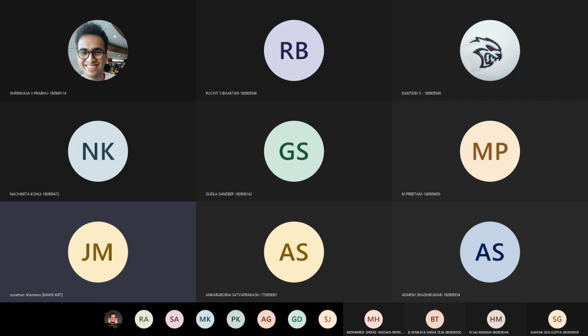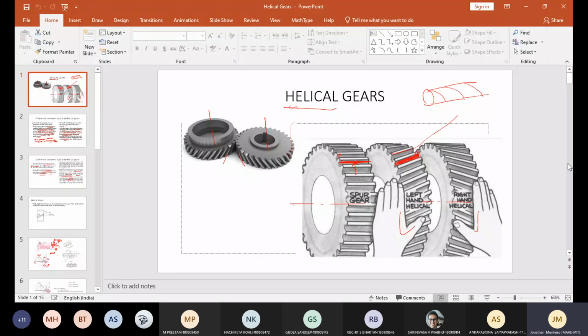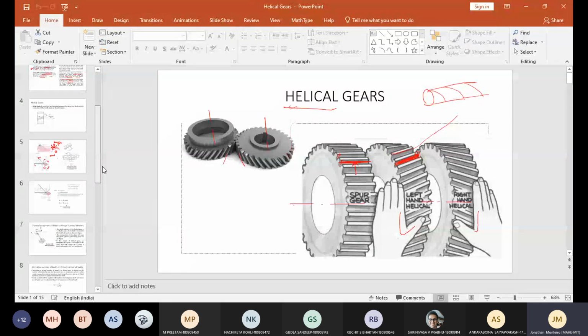Yes, so this is class 13. We are going to continue with the discussion of helical gears today, and we'll see some of the formulae that are associated and some parameters that are described, particularly for a helical gear, and what difference it makes when it comes to the analysis of spur gears and helical gears. So that we'll discuss. Then we'll directly proceed to the problems where you will eventually find the differences in designing spur gears and helical gears.